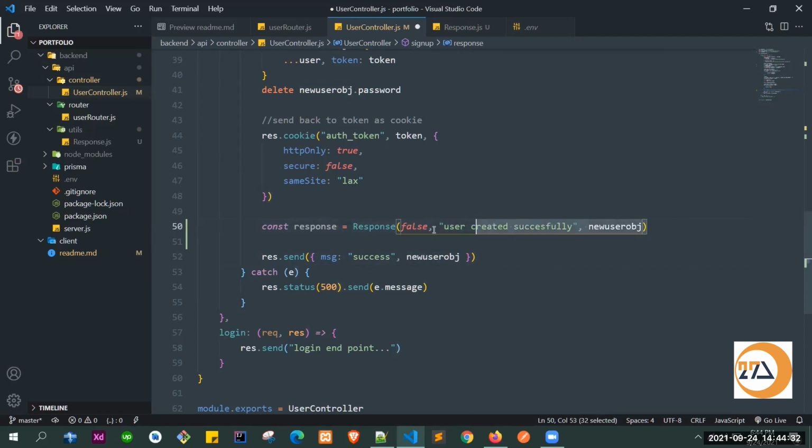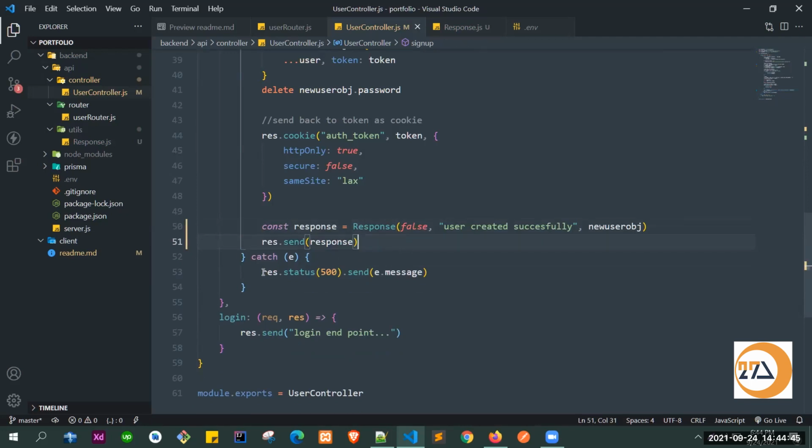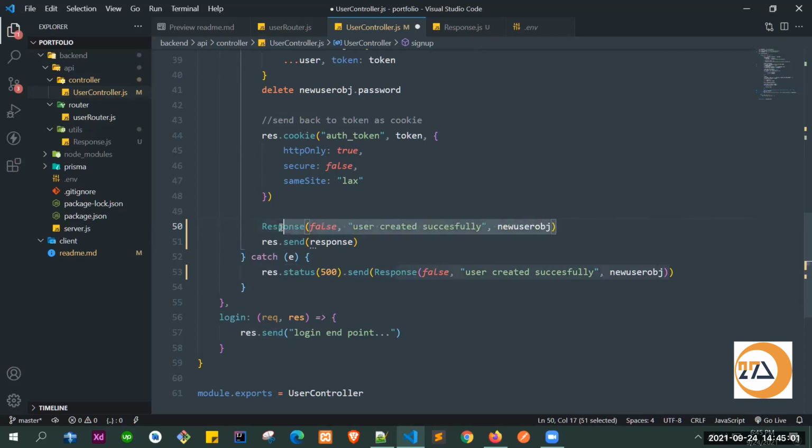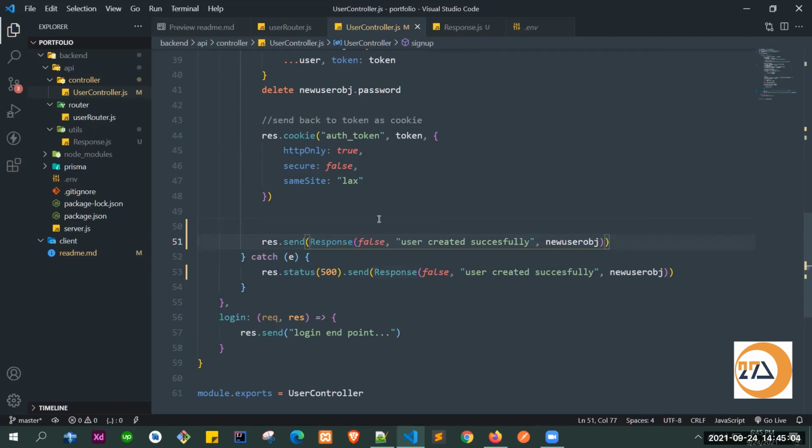So this will give you a much cleaner response that we can pass inside this res.send. Now we can copy this and pass it over here. So this is how it will work. The same thing goes here. We will just do the same thing, copy that, and to make it shorter, we can just pass this response directly here, because we know this will give a response back. In case of error, we are not going to get a new user object. I'm just giving the shorthand, then I will work on this thing.